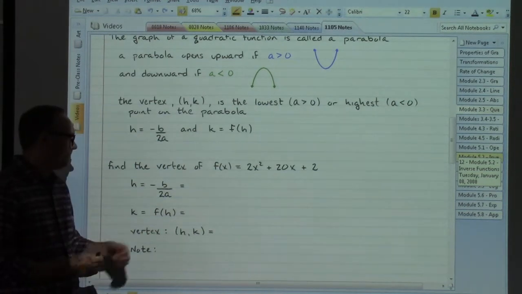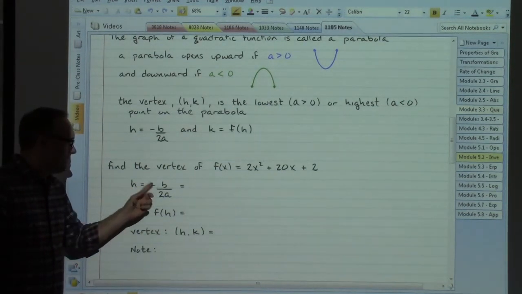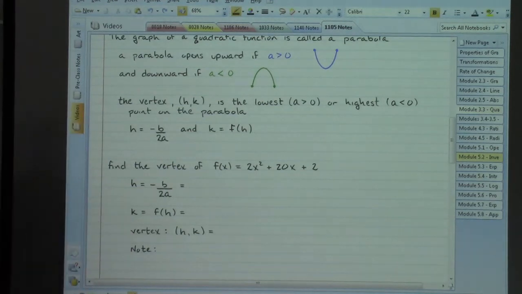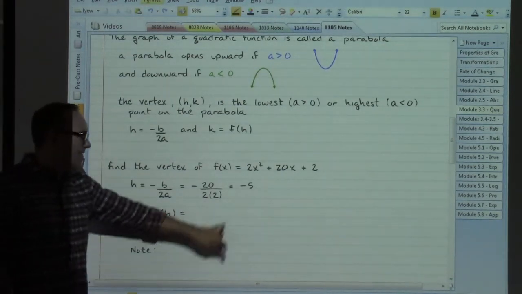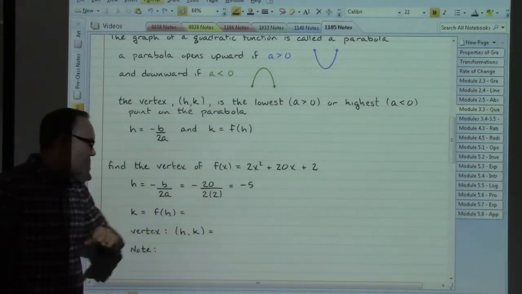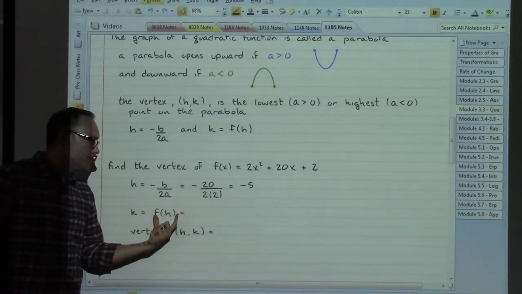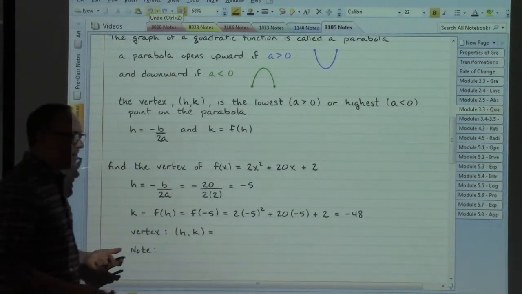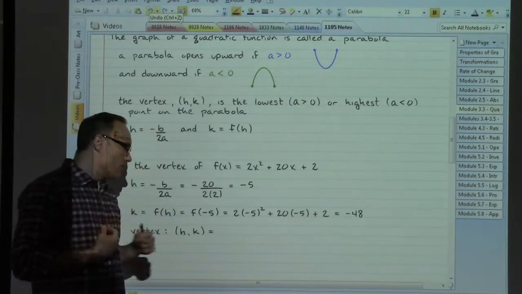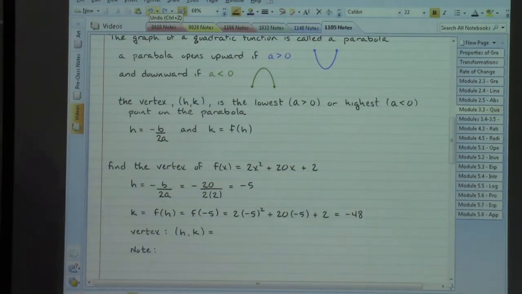Let's check it out, right? The h formula, h is equal to -b/2a. The b number is 20. The a number is 2. So if we put that into the formula, ba-boom, yep, there's that -5. We want to take that -5 and plug it into our function in order to find the k number. So we want f of -5, and if we go through the number crunching for that, yep, there's that -48. So the vertex that we've got in this particular case is going to be the point